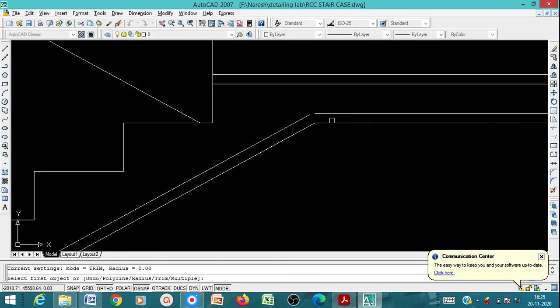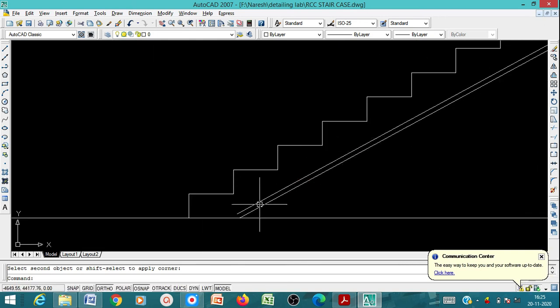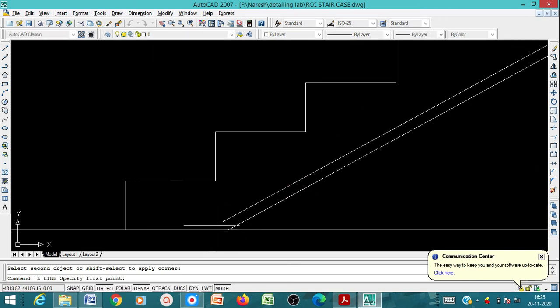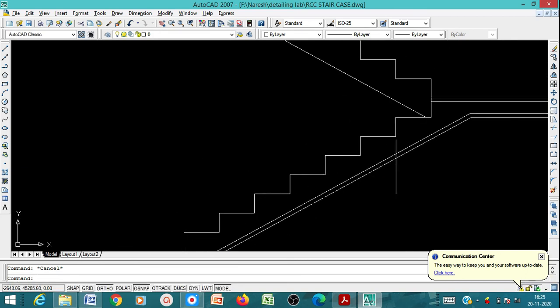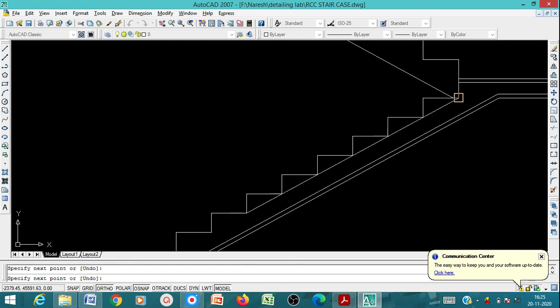Then you have to say fillet again. And this side also you can extend this line like this. Then on this side you have to draw a line from here to here and give an offset of 30 mm.